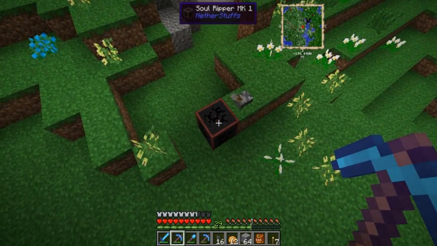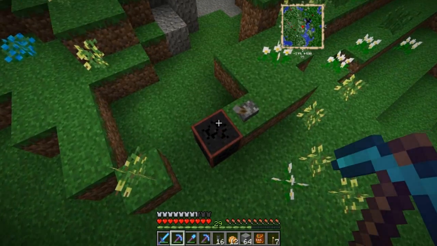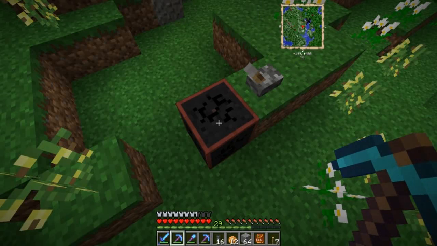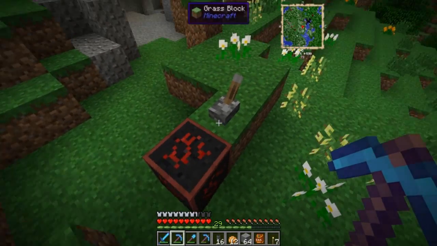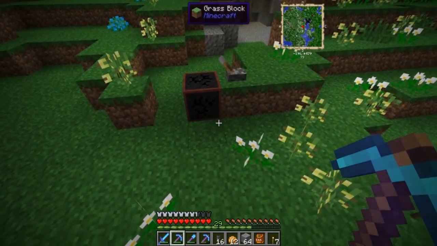It's called a soul ripper. There are 4 tiers of this machine, if you want to call it a machine. This one, the radius is only like 2. They go like 2, 4, 8, and 12, I think, or something like that. You do have to give it a redstone signal. It glows when you give it to it. And it kills mobs or damages mobs